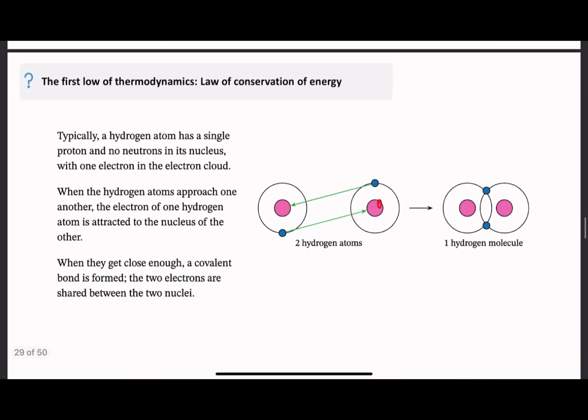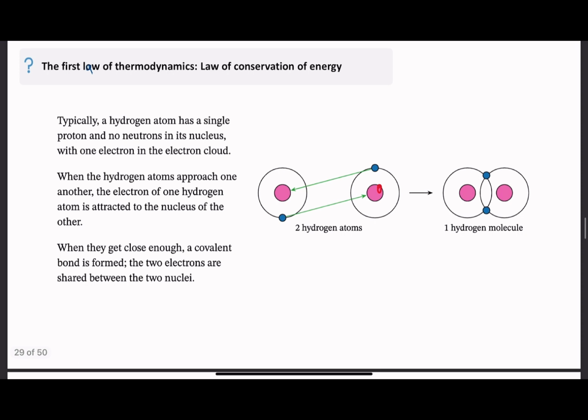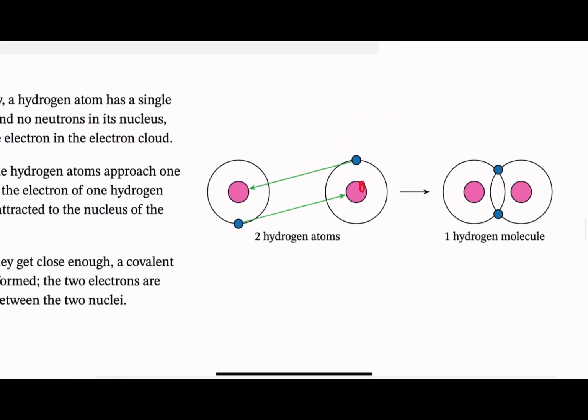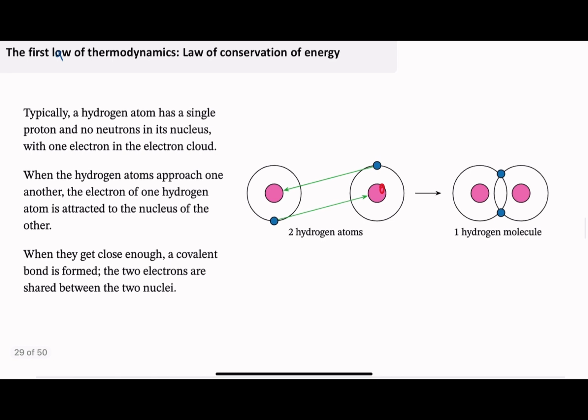So first things first, we need to go over the first law of thermodynamics. So there's a typo over here. Law of conservation of energy. That means that energy is never lost in the universe, in the world. It just transforms from one shape to another. So we're just going to go over the stuff that we covered so far with you, counting the last semester